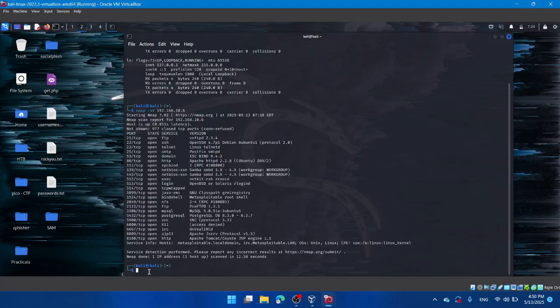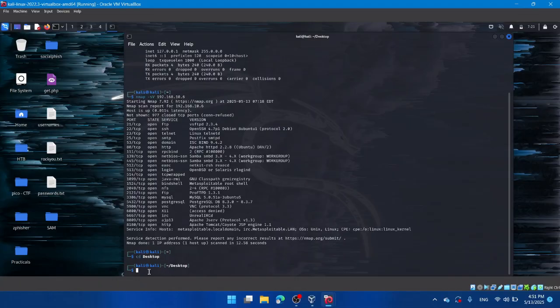So I'm going to launch a dictionary attack with the tool Hydra. Here the tool that I'm going to utilize to launch the FTP attack is Hydra. I'm going to use Hydra dash L for the usernames dictionary. I have a dictionary for usernames. Sorry, I need to move to the desktop because my two dictionaries are inside the desktop. Okay, now we are in the desktop, as you can see here, and this is the username dictionary, and this is